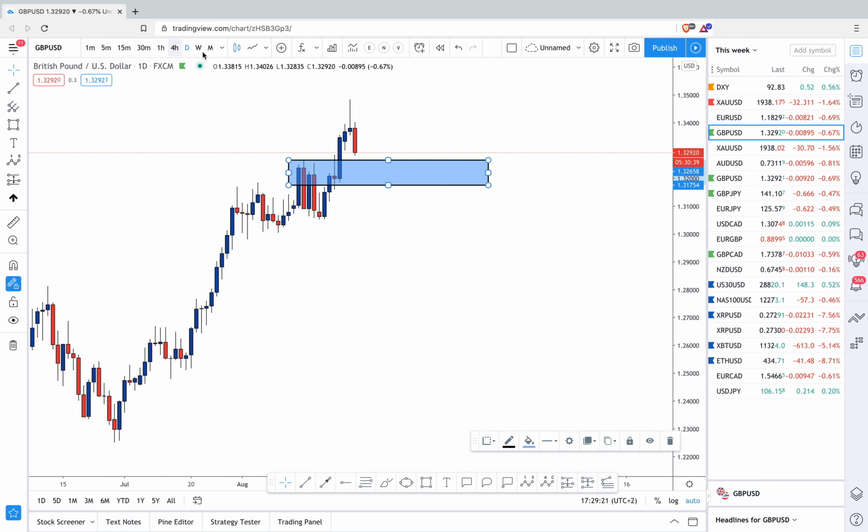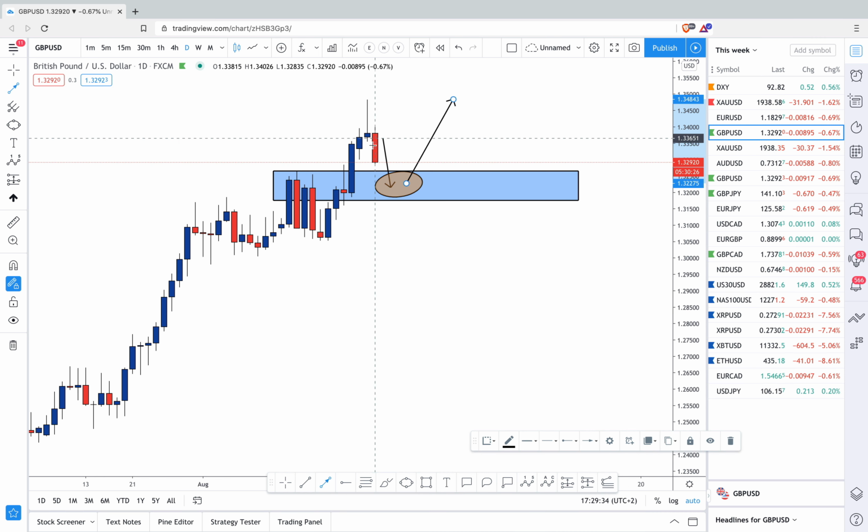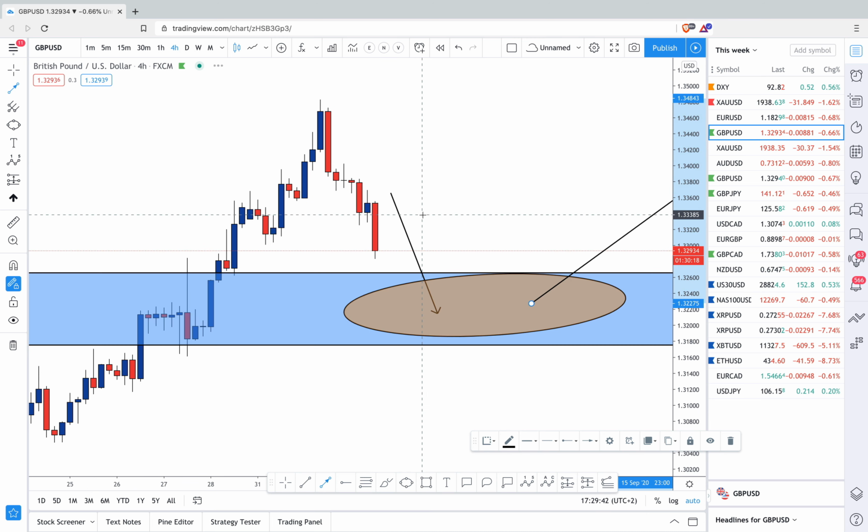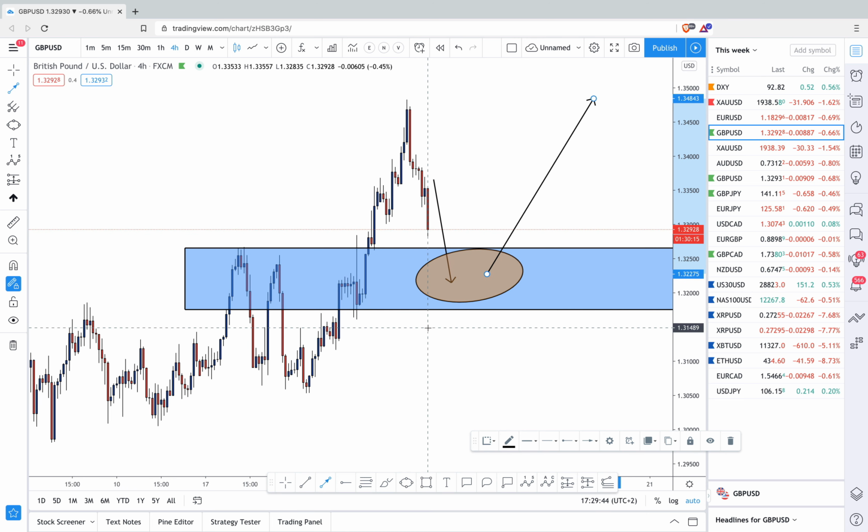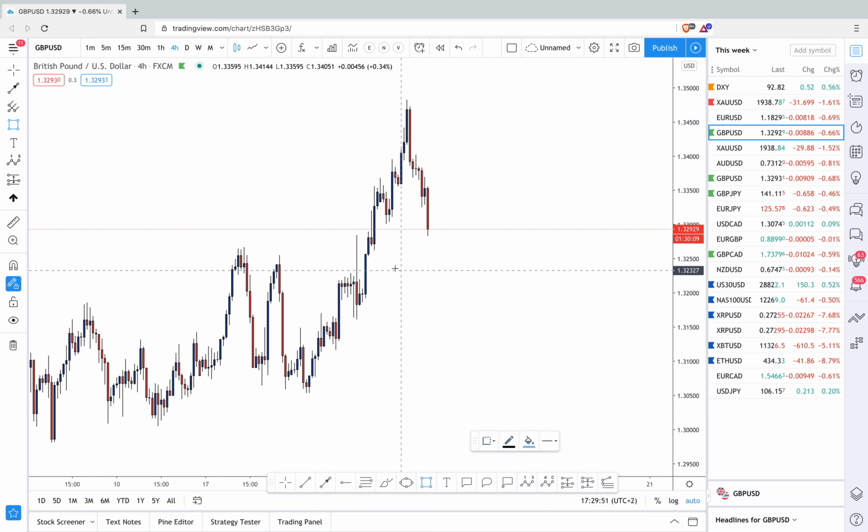So I want to see a push into this area before I'm going to expect further confirmation for a nice long opportunity, so the continuation with the movements to the upside, because from the daily you can see this was a nice impulsive move to the upside, now corrective, and then again I'm expecting an impulsive move to the upside. Let's have a look at the 4 hour. What do we see on the 4 hour? Yes, perfectly in alignment. Here at the same spot we got a 4 hour demand, but